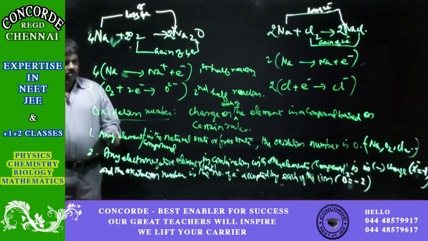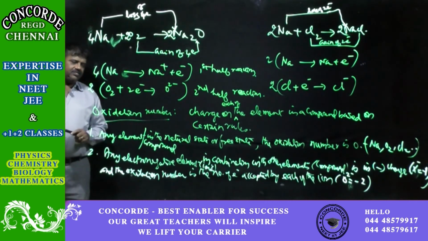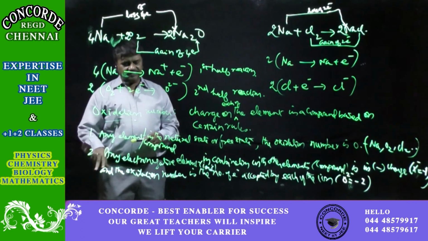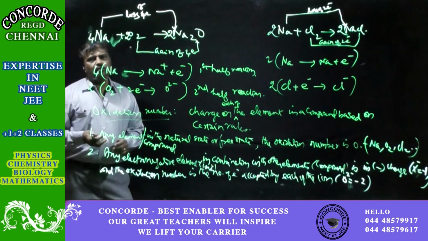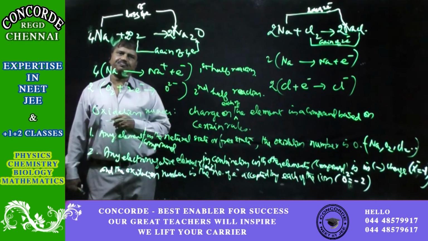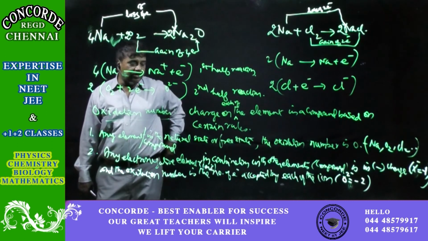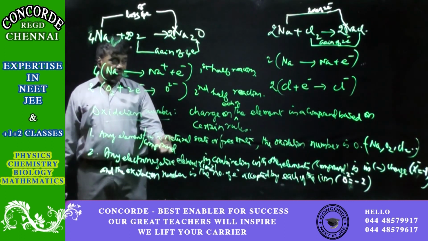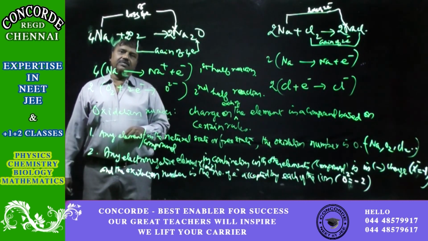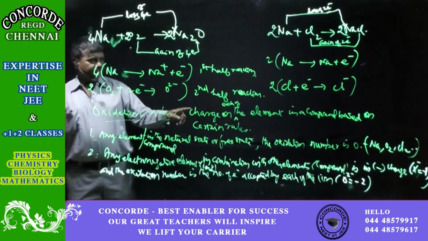Let us see some more rules before arriving at the oxidation number calculation. Of course, this second rule has some exceptions, in the sense that many a time chlorine can also form a compound with oxygen. We shall come to it anyway: when the element Cl forms a compound with oxygen, or O forms a compound with any of these halogens, there can be some exceptions to the oxidation number of -1 or -2.